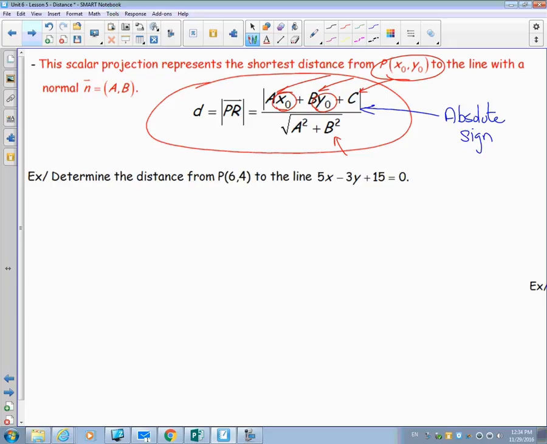So let's look at the first example, just to get an idea of how this works. So my Cartesian normal values are A, B, and C. The point that I have, there's my X and my Y. So my distance is going to be the absolute value of A, which is 5, times the X value, B, which is -3, times the Y value,